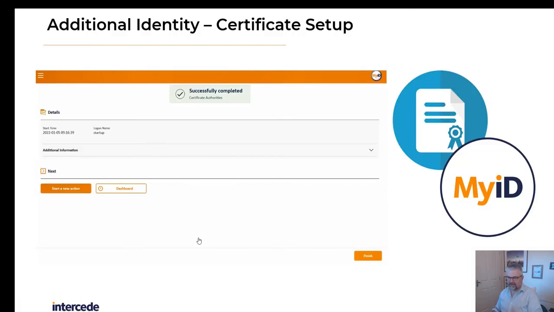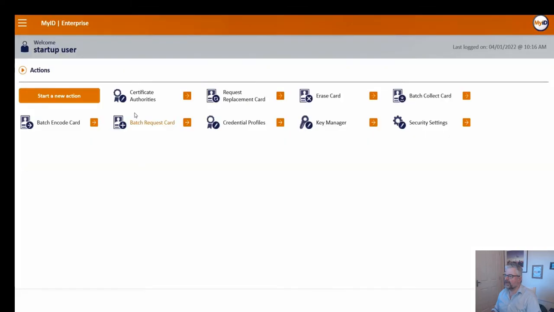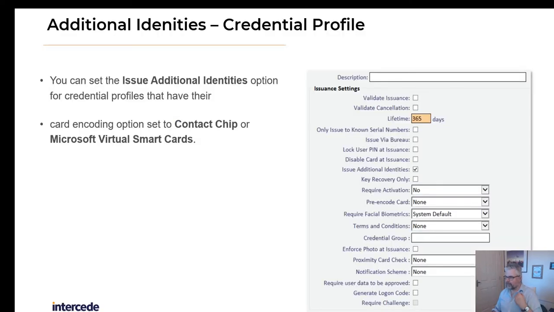So we've set up the certificate on the CA, and we've set the certificate up within MyID itself. On a credential profile, we do have other virtual expressos that explain how credential profiles work, but this is where we map those certificate templates to the device that's going to be issued. That certificate template, because we've said it's going to be an additional identity one, won't be available for general selection